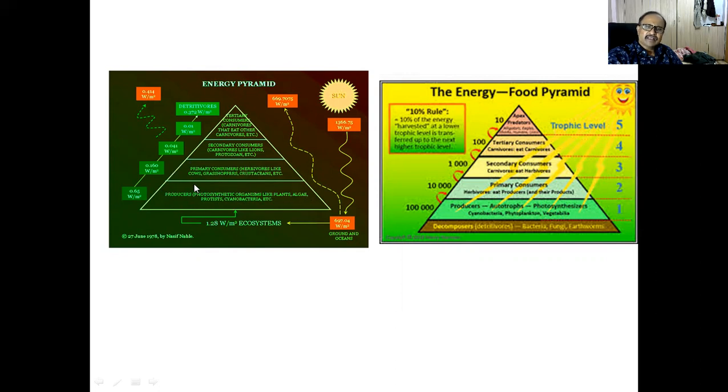Producers prepare organic food and store it in their leaves and branches, or they store energy or food in their body, right? Now these are the primary consumers, they eat the plants and prepare energy and store food in their body tissues. The third and fourth trophic levels are similar: animals eat plants and store that energy in their body. Here, whatever organic carbohydrates, proteins and fats there are,